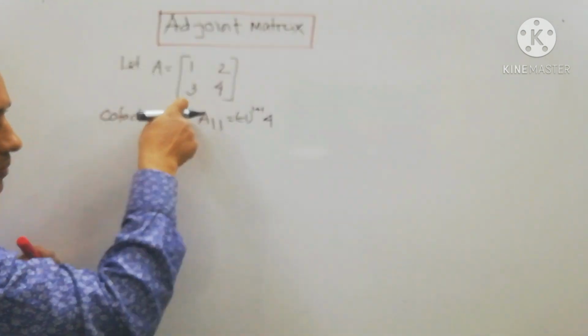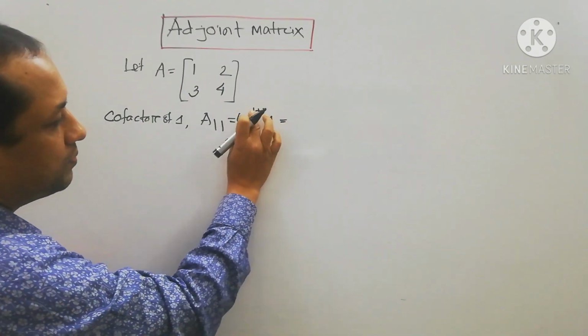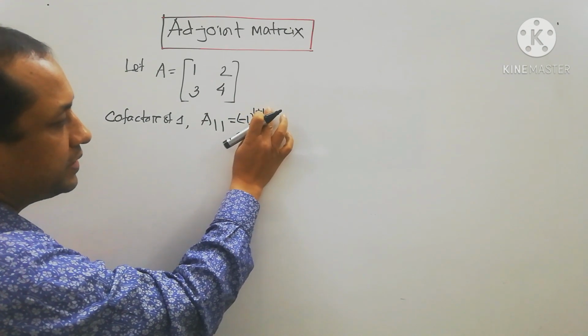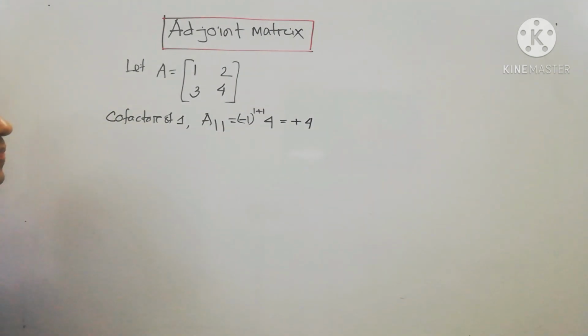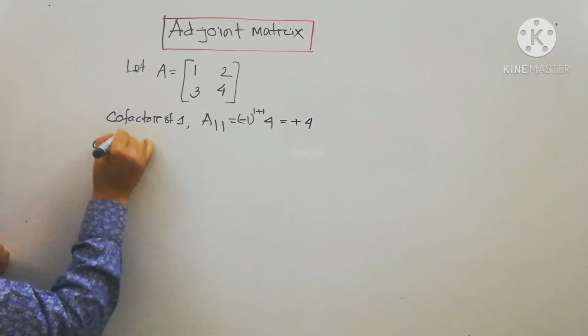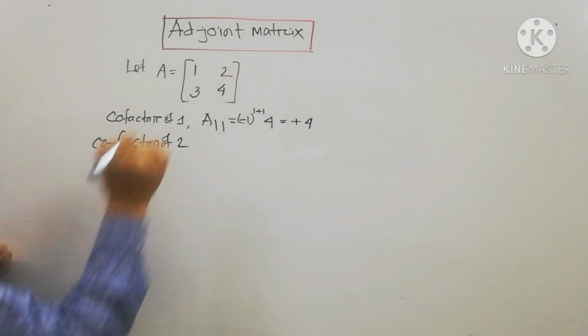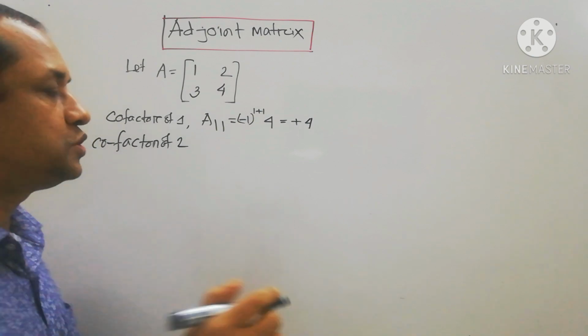So student, the number of row and number of column are cancelled, so the minor is 4. Here the power, number of row and number of column, is an even number, so this is positive. Positive means 4. Again, the cofactor of 2